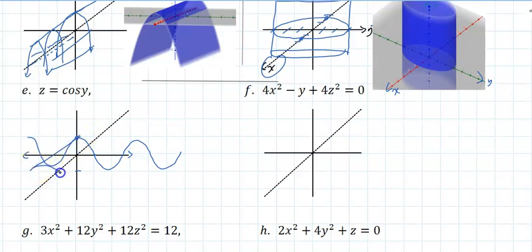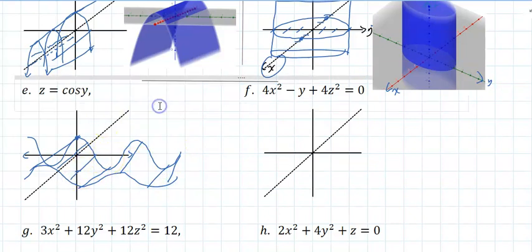So you sketch this again and just connect the lines together. And there it is. And if I use GeoGebra, it looks like